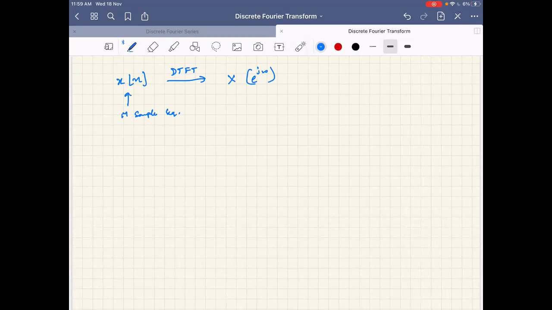And now if we sample this discrete time Fourier transform at n different, equally spaced locations, that is 2 pi by n, distinct locations in frequency domain, since x of e power j omega is periodic with period 2 pi, and hence it can be thought of as spanning over 0 to 2 pi, right? And in Z domain, if you plot,